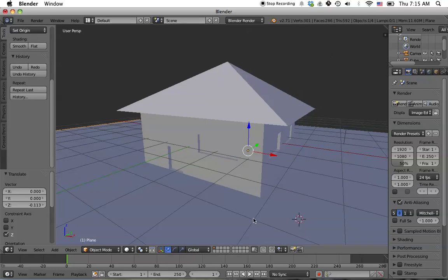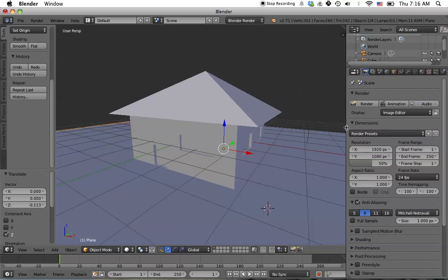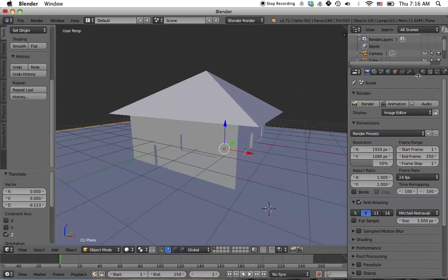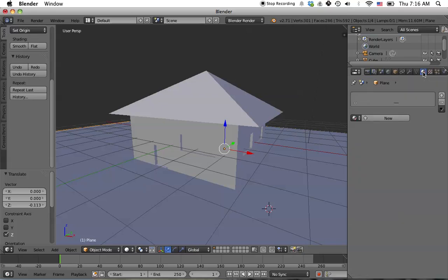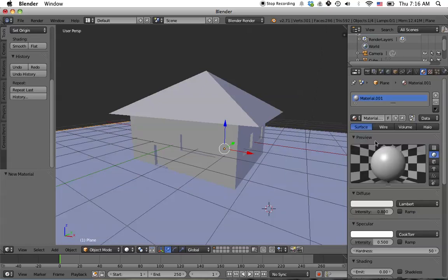So now what we're going to do is just color it and take a picture. We'll start by coloring the grass since we already have it selected. We're going to use this right menu over here. This globe, if we click on that, it allows us to edit the materials. So we're going to click on New, and